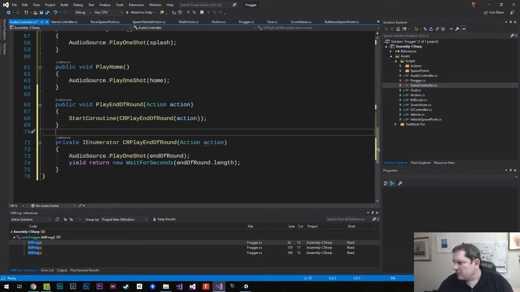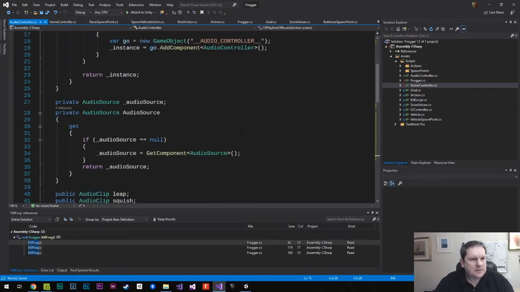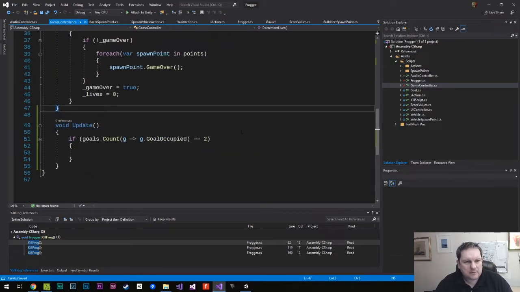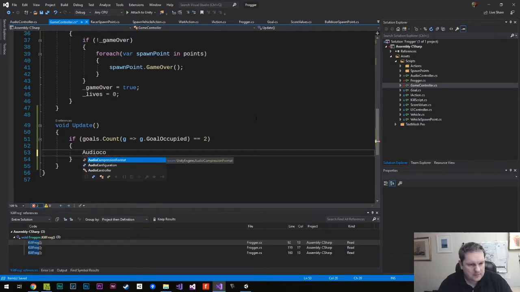So we're going to do that. And then at the end of that, we're going to say action invoke. So we play that, we wait for that, and then we play some kind of action. So the action that we're going to do is in the game controller. We're going to say AudioController instance dot play end of round,